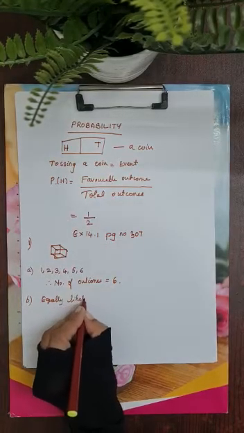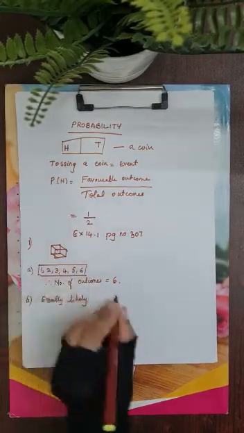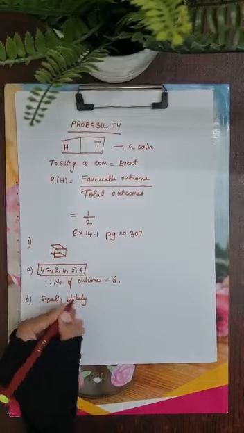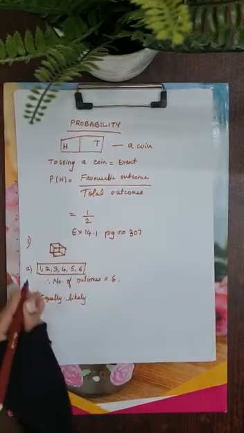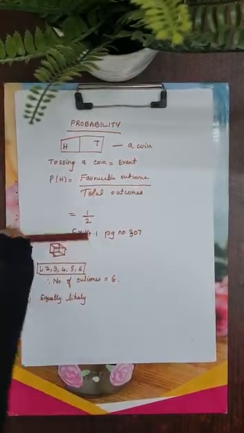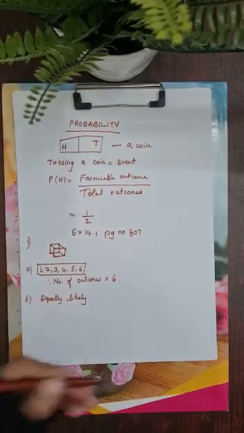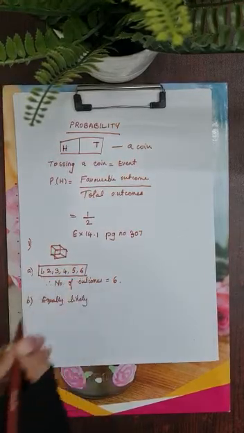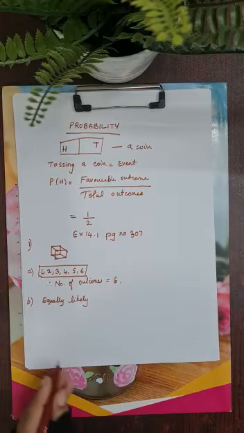That means, do we have a fair chance for all the numbers? So we will say yes, they are equally likely, because when the dice is rolled a large number of times, the probability of each outcome becomes almost equal. See, 1 is appearing only once, 2 is also occurring only once, 3 is only once. If any number repeats many times, then we can say that the chances of getting that number are more. But all the numbers are written only once, therefore the outcomes are equally likely. Are you getting it, children?